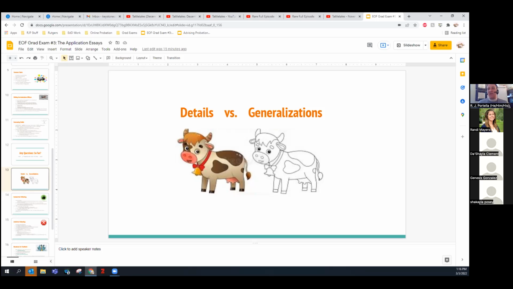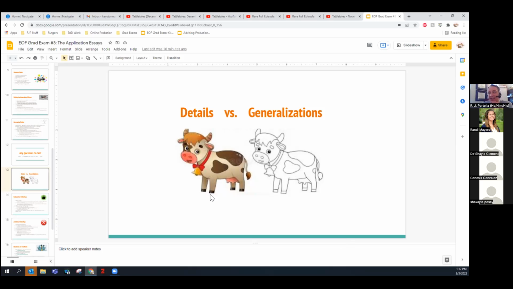But if you go to the details and you offer all of that color and detail, they get a much clearer picture of who you are and where you're coming from and where you want to go, right? We'll talk about a couple of examples about that later on. To be perfectly honest, I was going to come up with some examples of essays that weren't really that good versus essays that were very rich in detail.